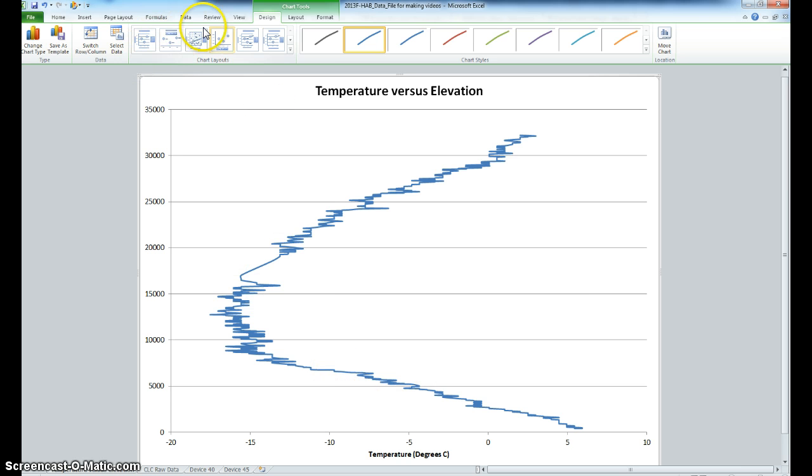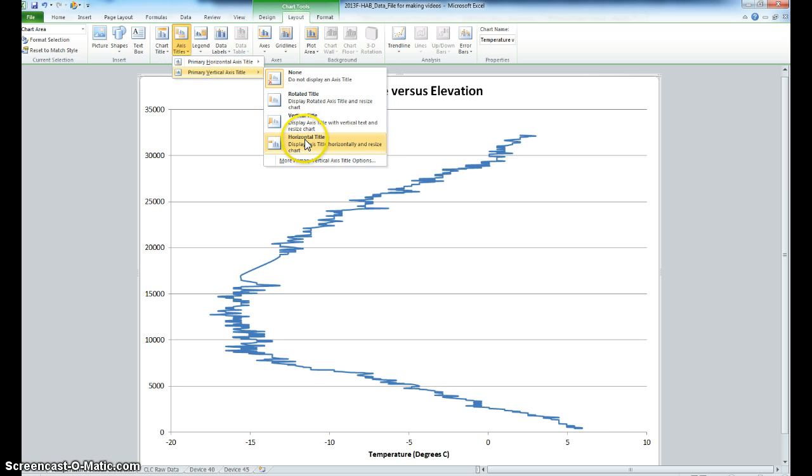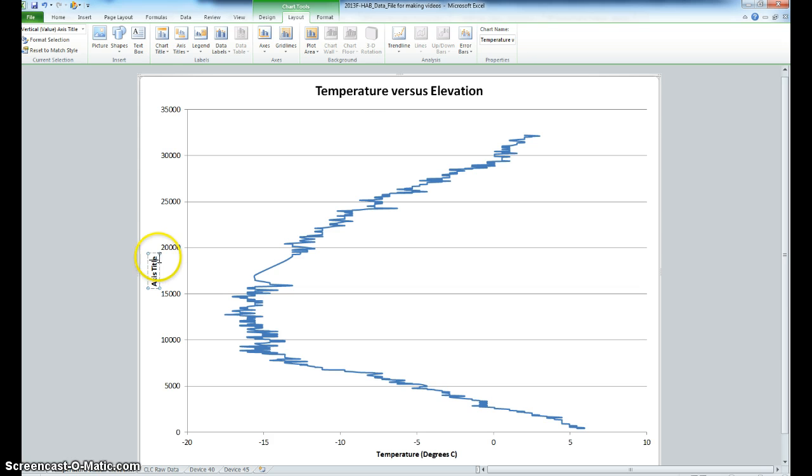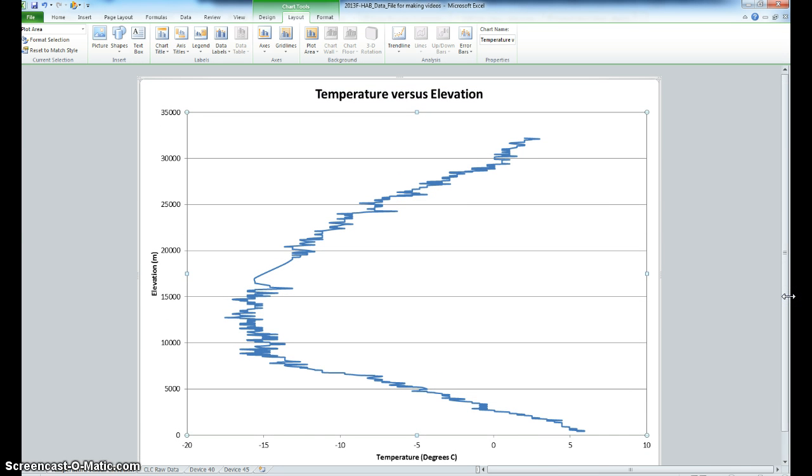Same thing with the vertical axis. So design, layout, axis titles, horizontal title. I'm going to go to rotated title. And we're going to call this elevation in meters. And done. Okay, how's that look? That's cleaned up. Looks pretty good. Everything's labeled. You can look at a graph like that and know exactly what it is you're looking at, and